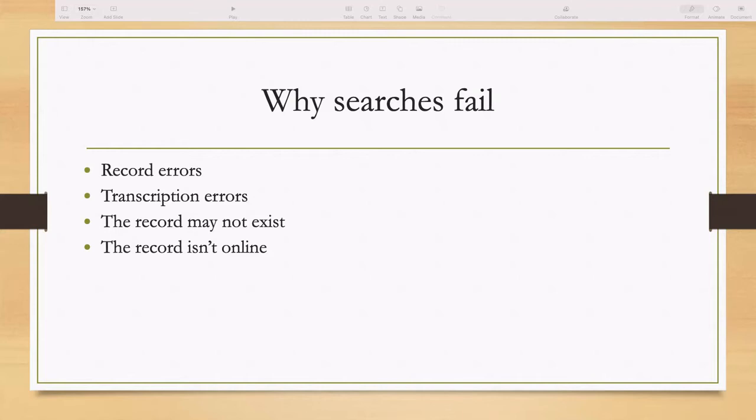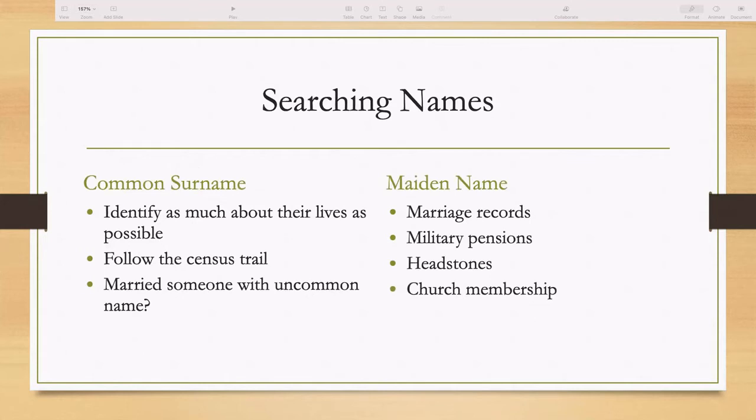So there's a lot of reasons why searches fail, and this work can be very overwhelming and very frustrating, but it's very rewarding when we get there. And that's why looking at home to see if you have any information, or in a family member's house, can be very helpful. So searching names, if you have someone in your family who may have the last name of Smith,